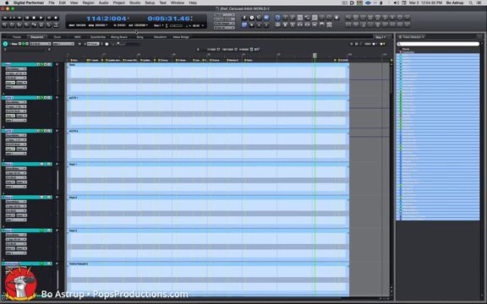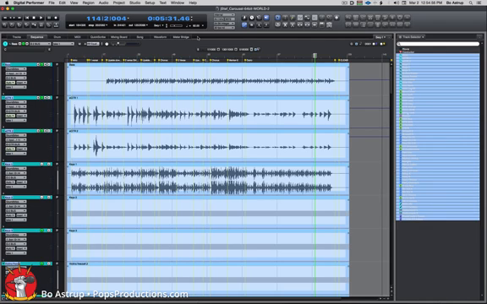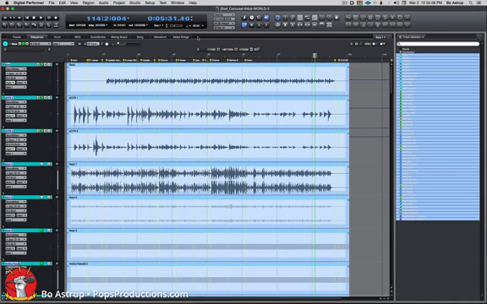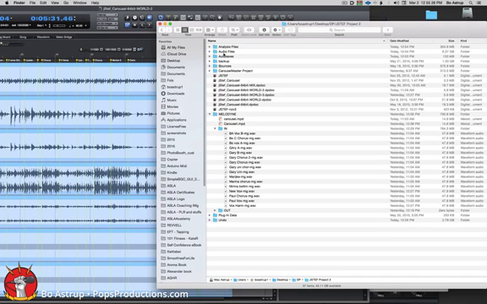It'll take a few moments to make these new sound files and analyze them and draw the waveform and show them to me here in the editor. And while that's happening, I can make a note of the BPM of the project and my interface settings, which in this case is 44.1 24-bit. So when I get to another DAW, I can just set up a new project with 82 BPM and make sure the interface, if it's a different interface I'm working with, has the same parameters set. So once this has happened, I can go to the projects folder, and then we can go into the